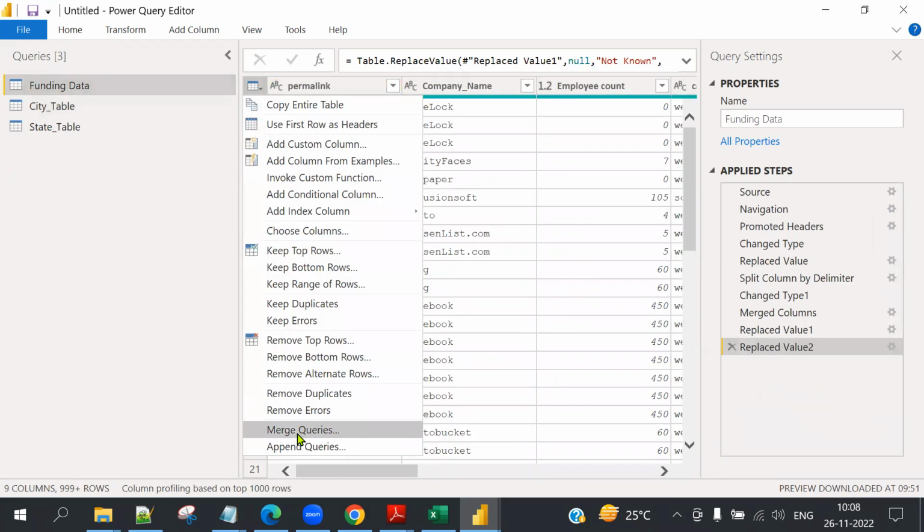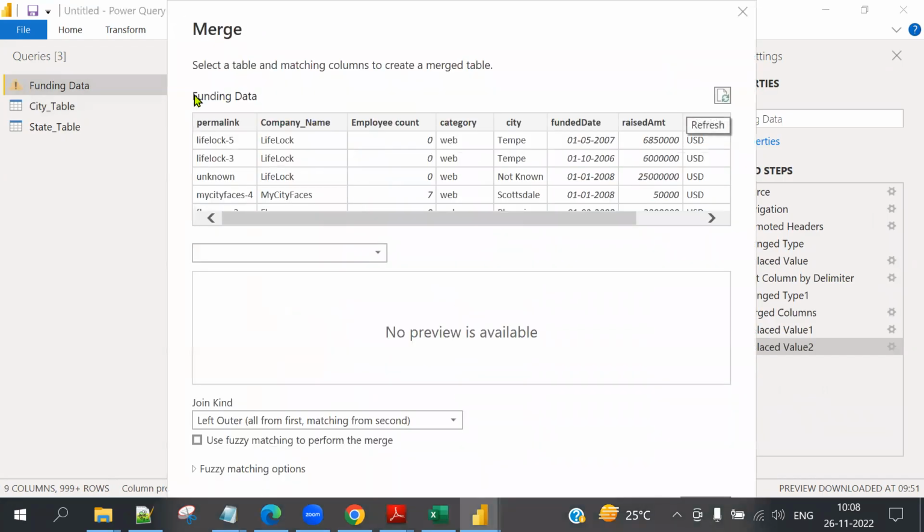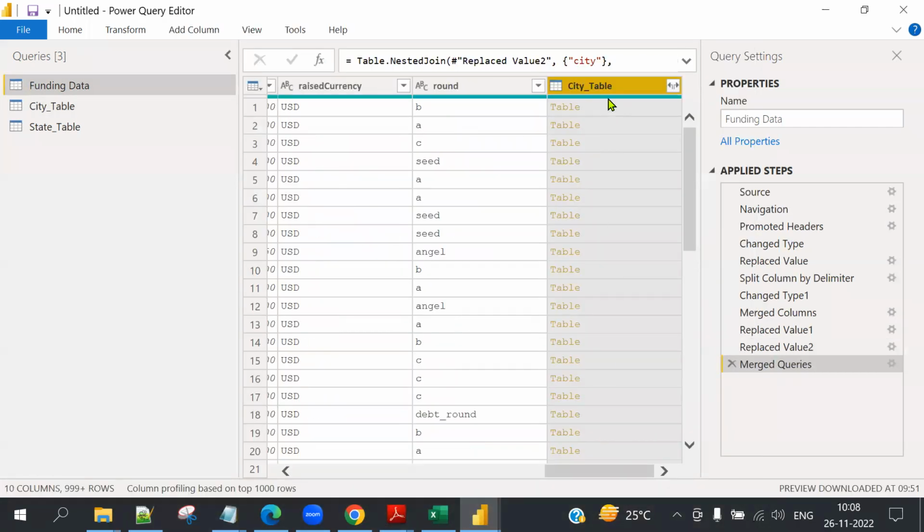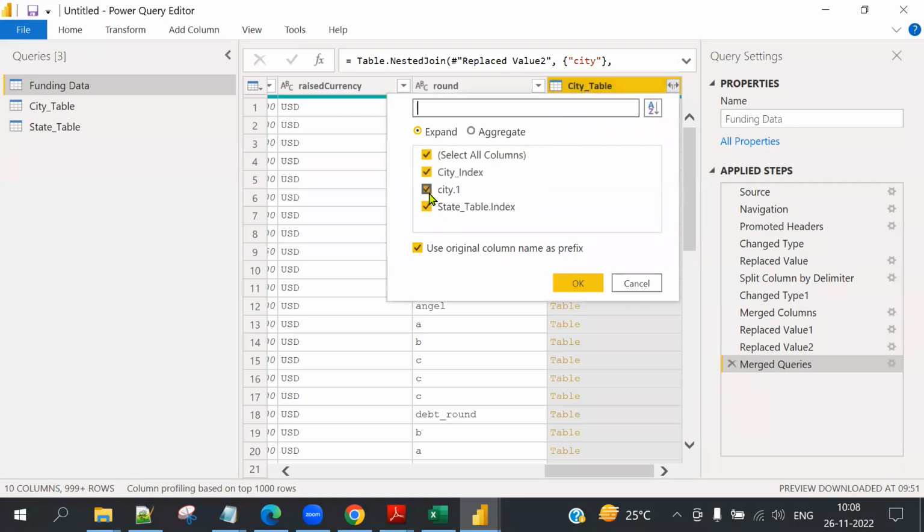Click on it. Again, merge. Merge table. Funding data, city column to city table, city column. These two are merging so that you will get that index. Left join only. We should not avoid any records. City table added. Now what is required from here?